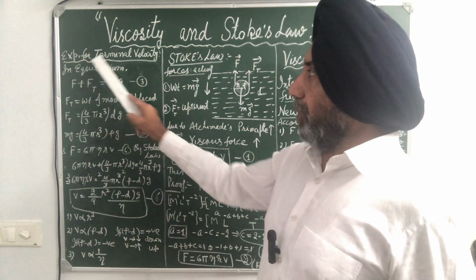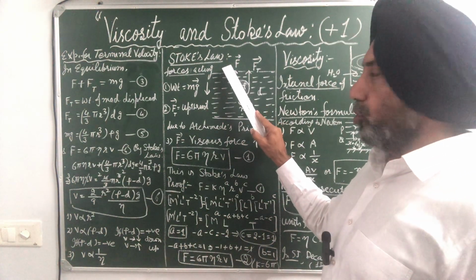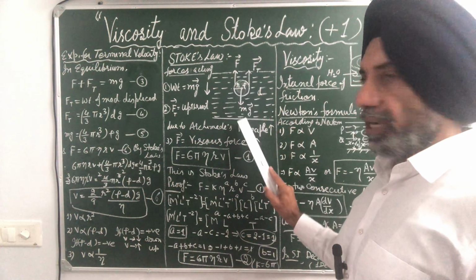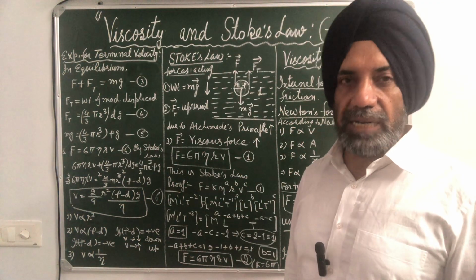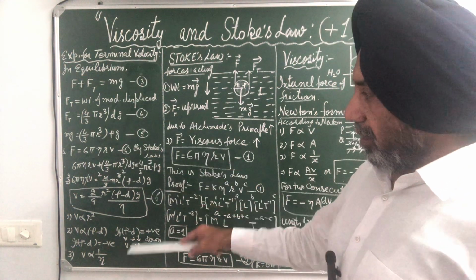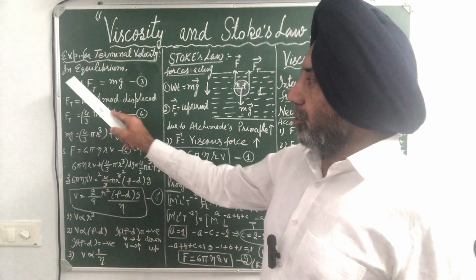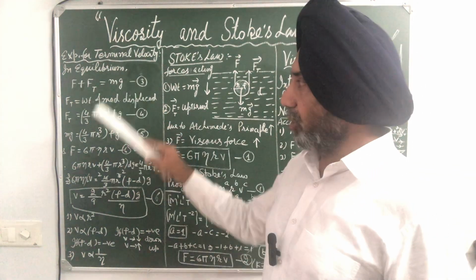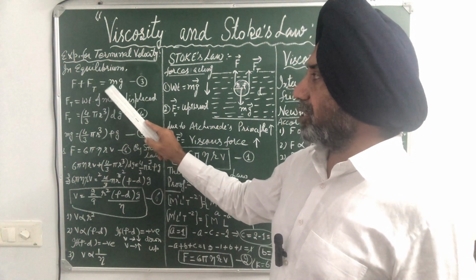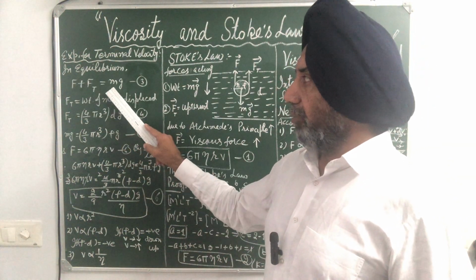Then the expression for terminal velocity. A very important topic: when the force due to viscous nature and the upthrust due to Archimedes principle balance the weight of the body, the body starts falling with constant velocity. That constant velocity is called terminal velocity, and we have to derive the expression for it. So in equilibrium, when the body is falling with terminal velocity, F plus Ft must be equal to mg. Both upward forces, their sum must equal the weight mg,